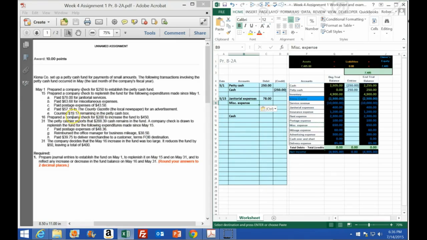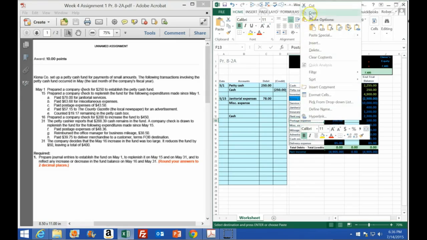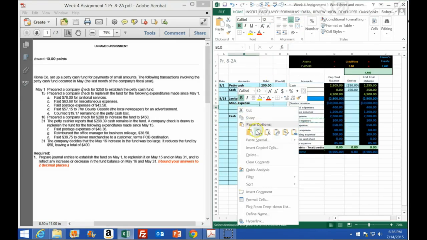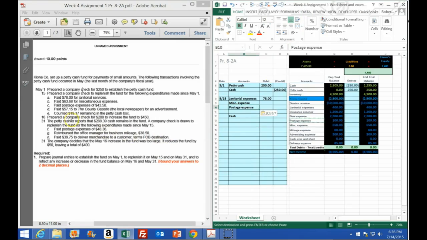C says paid postage expense for $43.50. Once again, it tells us it's an expense. If we have the trial balance, we can see where that expense is at. So we're going to go over here and look for postage expense. We can see it has a debit balance, and all expenses have debit balances, and we're going to make it go up by doing the same thing to it, which in this case would be another debit. So we'll debit the postage expense,